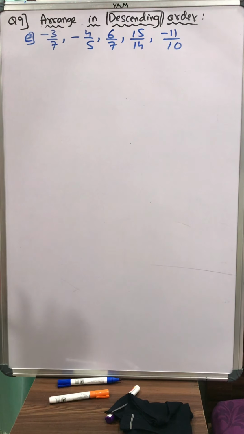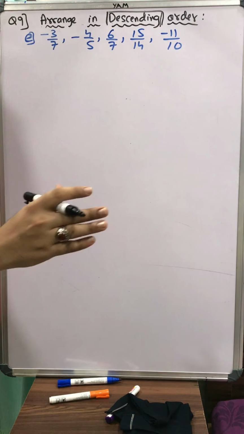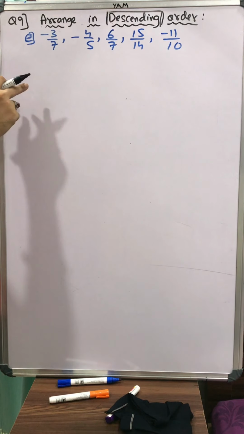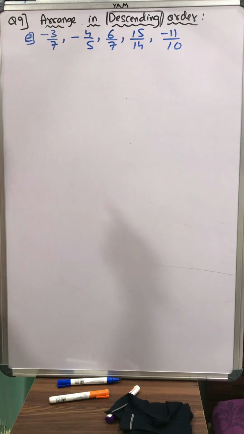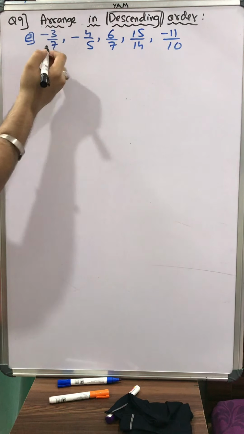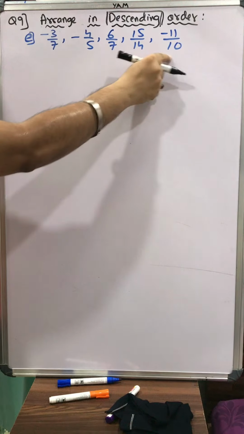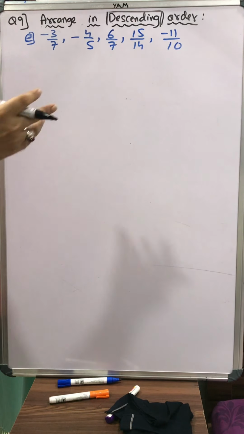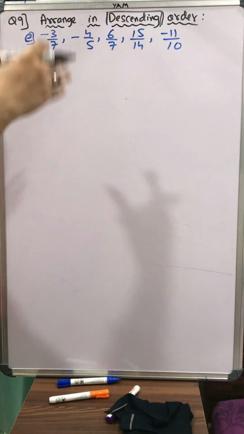Everything remains the same. The only difference will be in the last two steps when we arrange it. Let's recollect what we did in our previous video, question number 8 of arranging in ascending order. Step 1 was to take the LCM of all the denominators. Why? To make them the same. We find the LCM of all the denominators and then make all the denominators equal. Then depending upon the numerator, we sort them either in ascending or descending order.